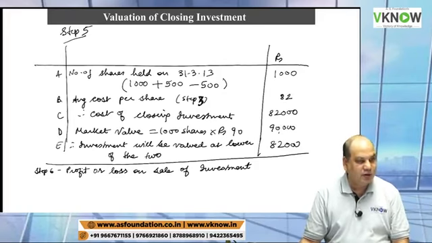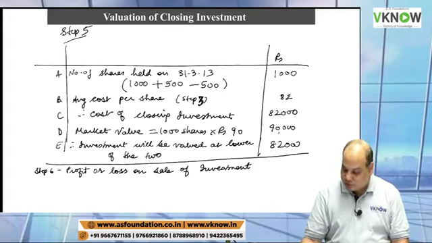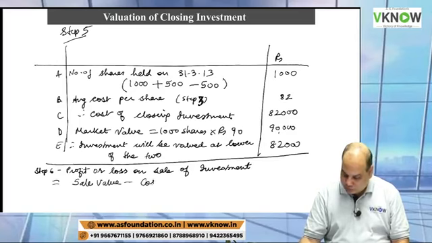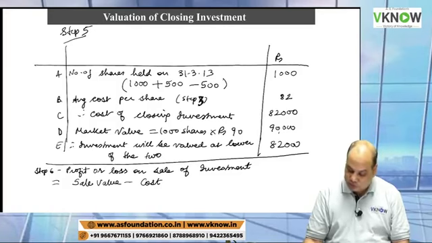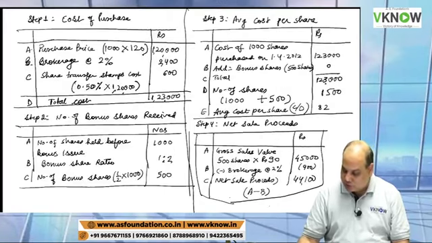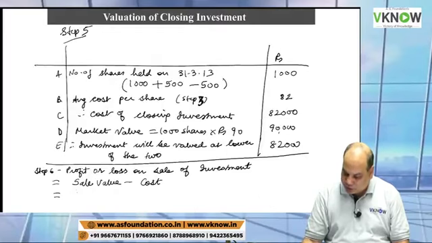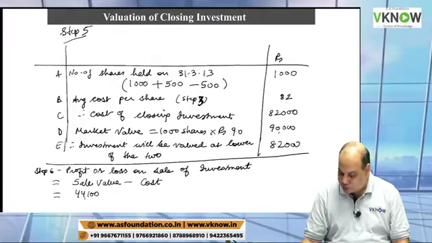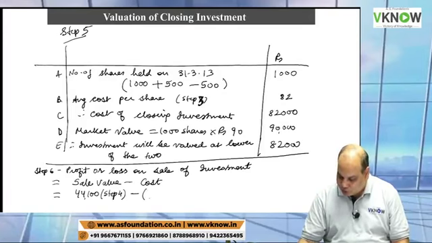Profit or loss on sale of investment is equal to sale value minus cost. Sale value is the value on the screen, step number 4, 44,100. And cost will be